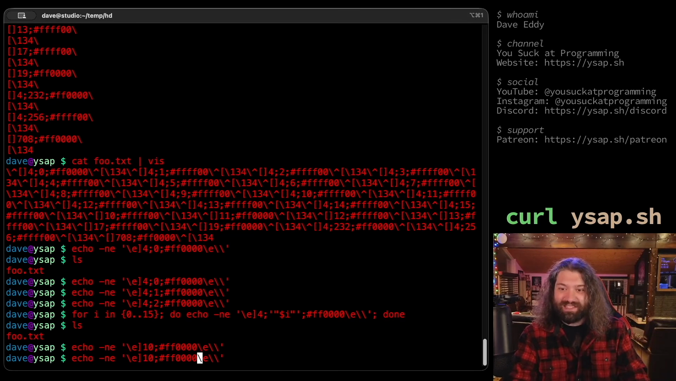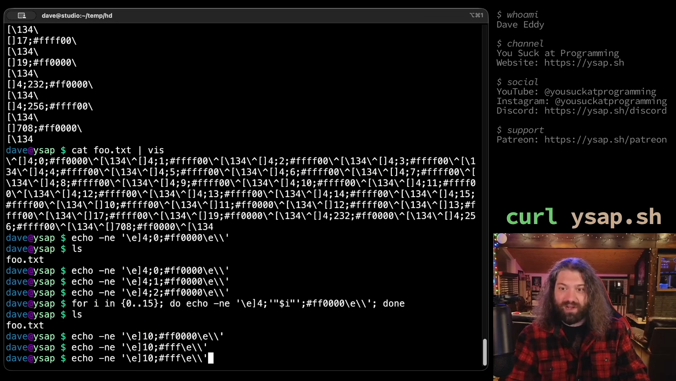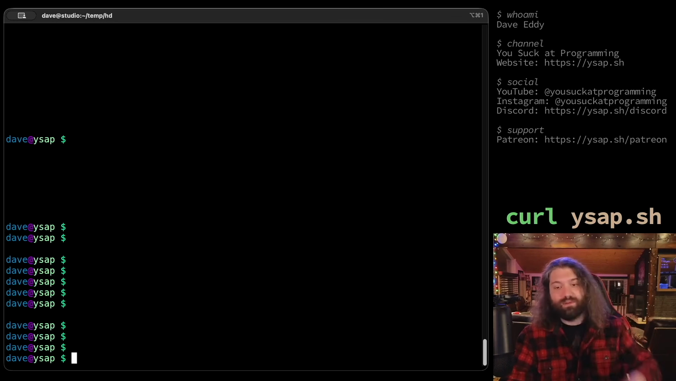Now, the cool thing is this is actually just RGB color. So I can just set this to like FFF. Can I do 3? I can do 3. So if I do 0, 0, 0, it should be black. That was